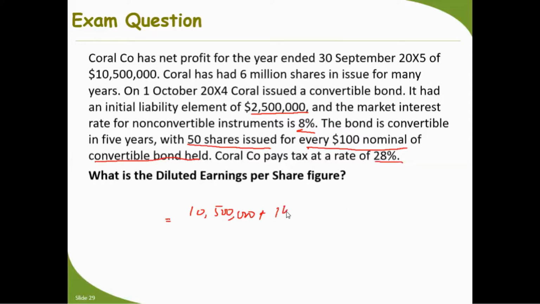So this is your notional profit, which we have calculated: 2.5 million times 8% times 72%, which is 100 minus the tax rate. Okay, so this is your notional profit, divided by your already existing shares in issue, 6 million,